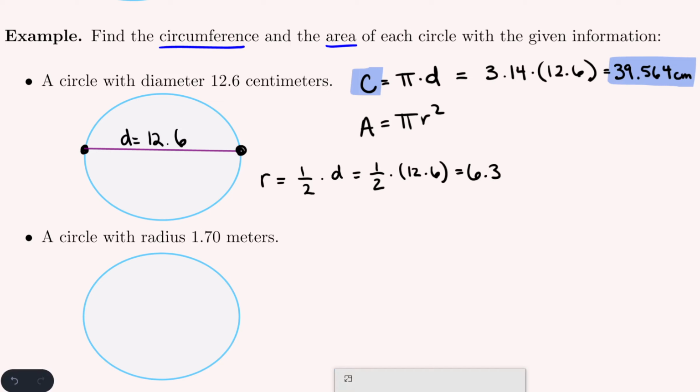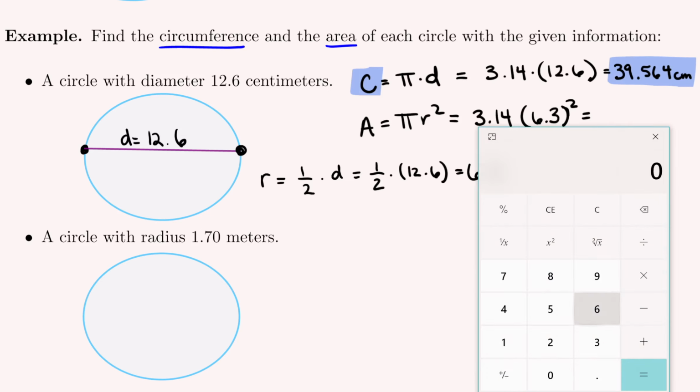We know the area follows the formula pi r squared. Now again, we use the rounded version of pi, 3.14. We already found our radius to be 6.3, and then we square that. So let's type that in the calculator. I'm first going to square 6.3 in the calculator. Then we'll multiply that by 3.14. And we find